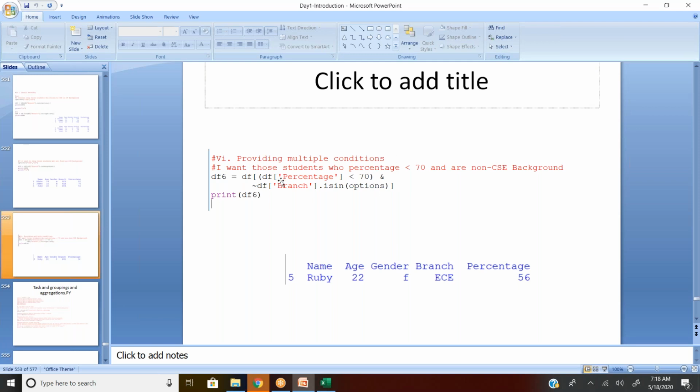I just closed my first condition, and tilde df of branch dot isin options. Options is nothing but CSE or IT. So the students who are not part of CSE and not part of IT and whose percentage is less than 70, that list will go to df6. So you can see percentage is 56 and branch is ECE.